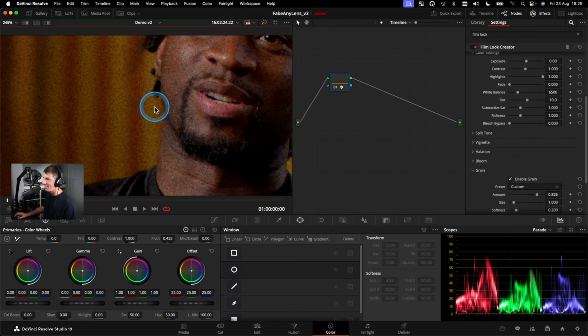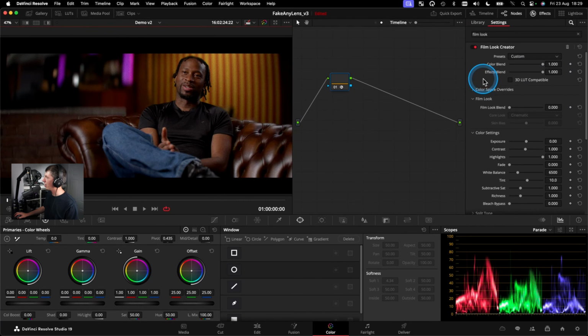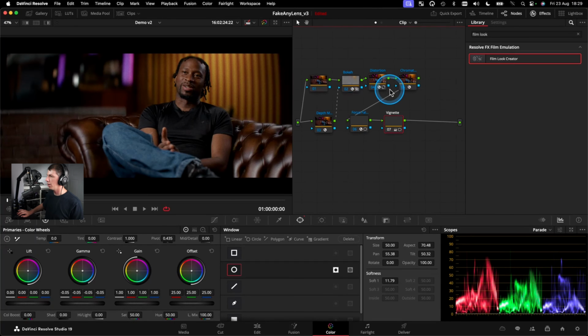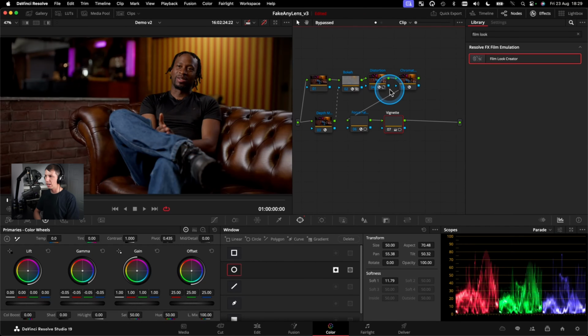There's the grain. And while I'm here, I can't resist it. Let's just put a teeny bit of a film look on this by using the Rochester film look. And there we go. Let me demo this on and off. So the original image,